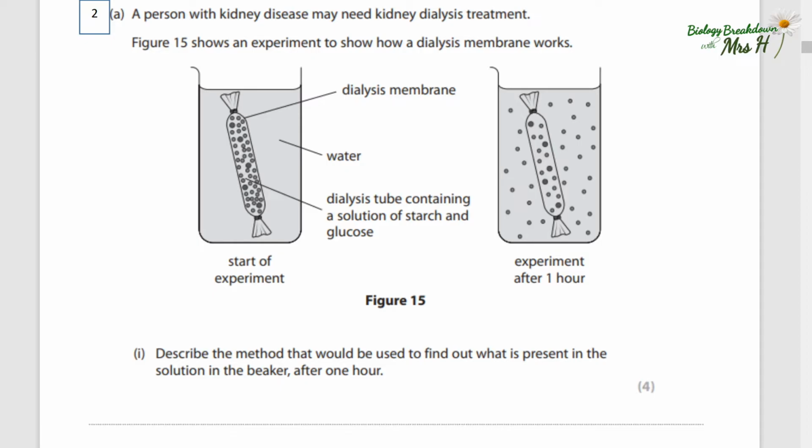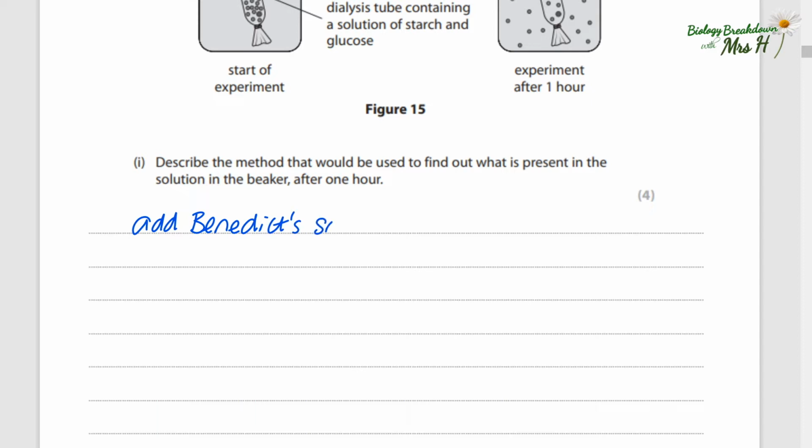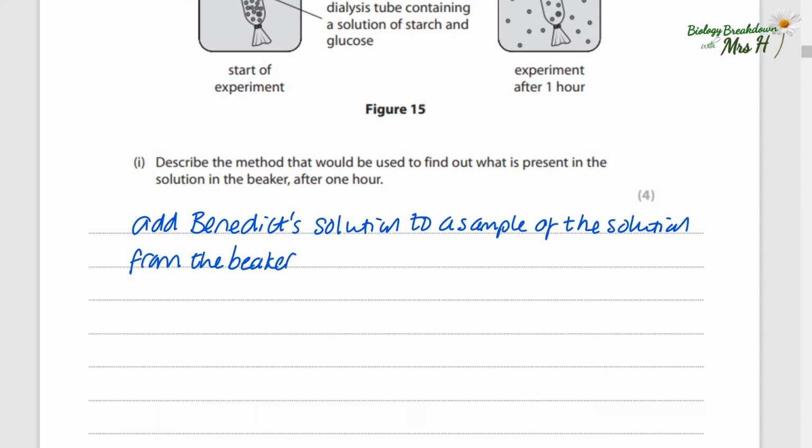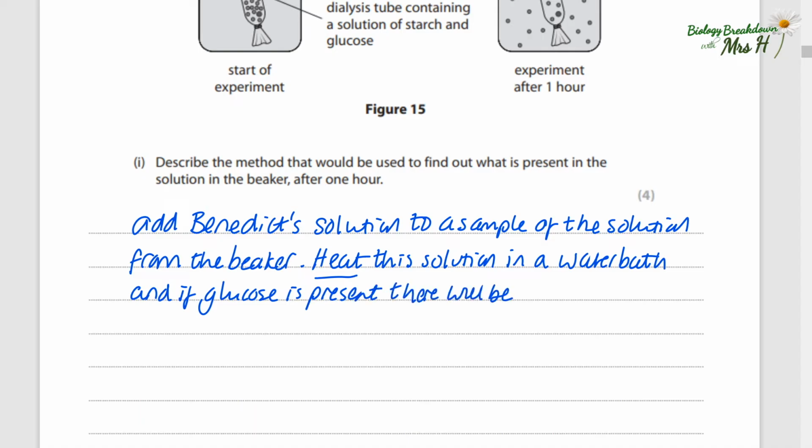So if we want to test this solution, the surrounding solution, for sugar, then we need to add Benedict's solution to a sample of that solution from the beaker. We need to heat this Benedict's solution with some of the beaker solution in a water bath. You need to really emphasize the heating. If you just say, put the solution in a water bath, that won't get you the marks. So heat this solution in a water bath, and if glucose is present, there will be a colour